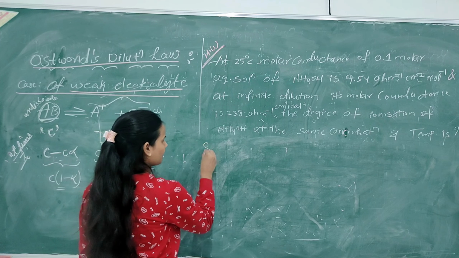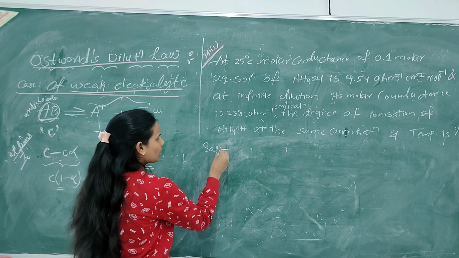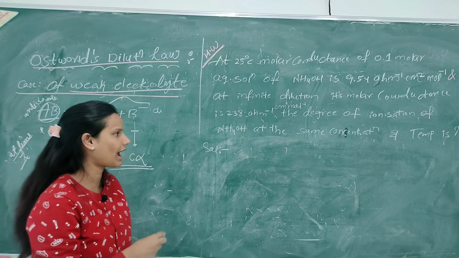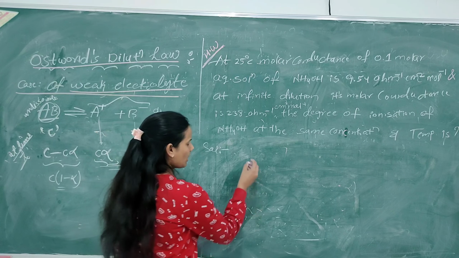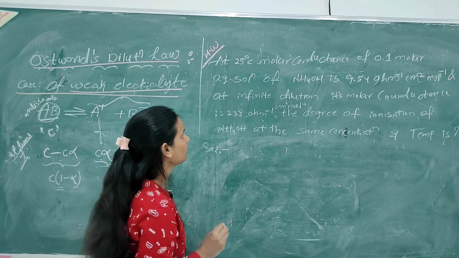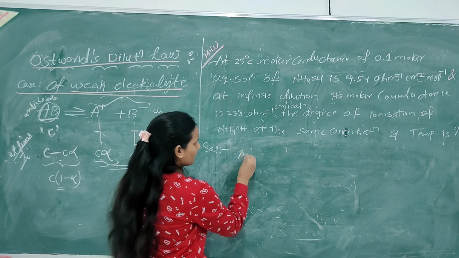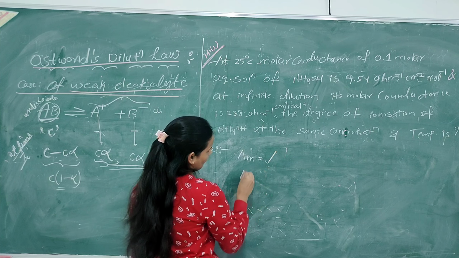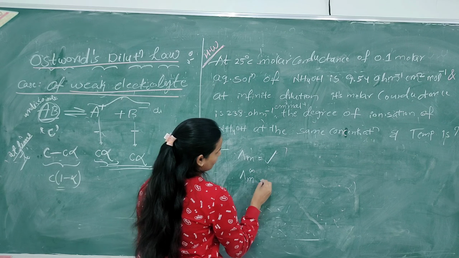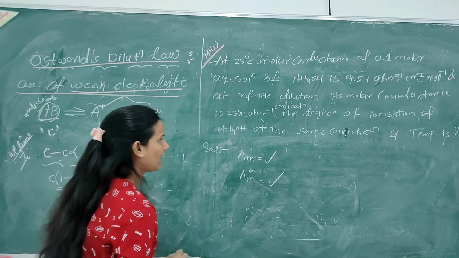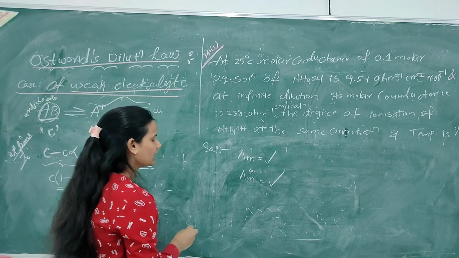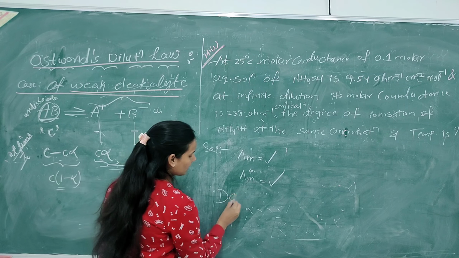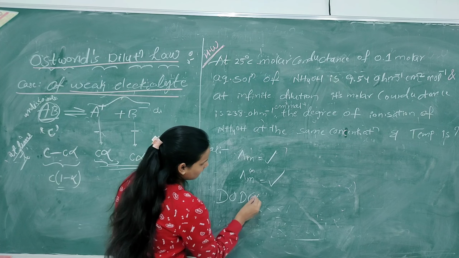I will give you a reference. I am not going to solve it for you. You have to work hard to do all these numericals and practice more. I'll just give a hint. Here molar conductance, lambda m, is given, molar conductance at infinite dilution is given, and you have to find the degree of ionization. Don't get confused, degree of ionization is nothing but degree of dissociation, and that is alpha.